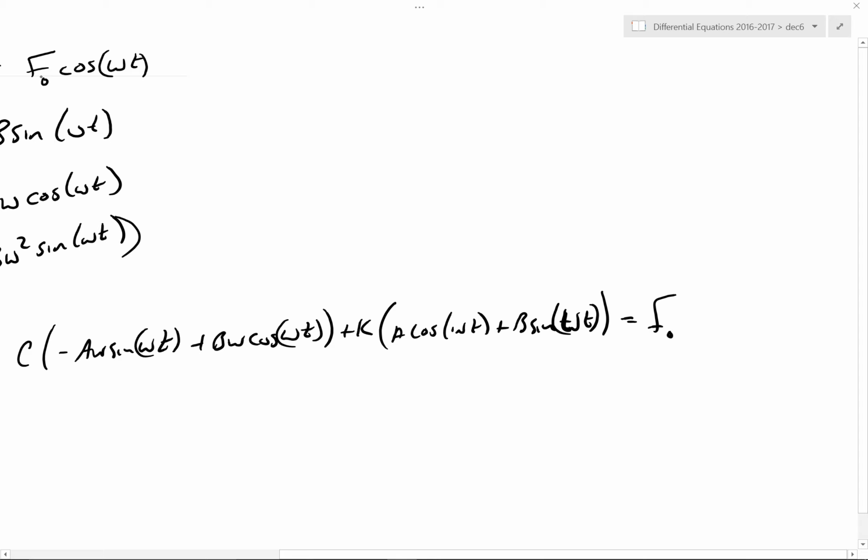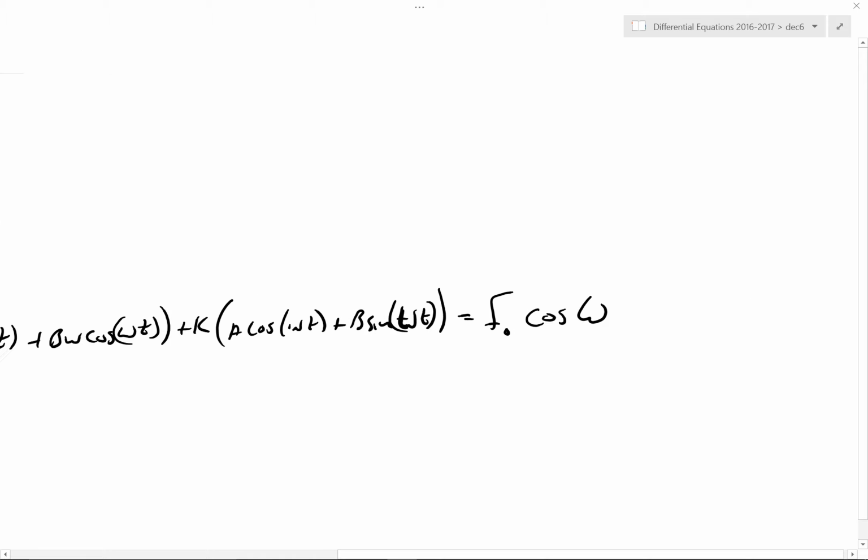Your book always uses an F naught, just so we're clear. Alright, oh wait, it needs to equal that, right? But what is it? So what am I going to have this equal to? Well, I'm going to have it equal to a cosine omega t plus,